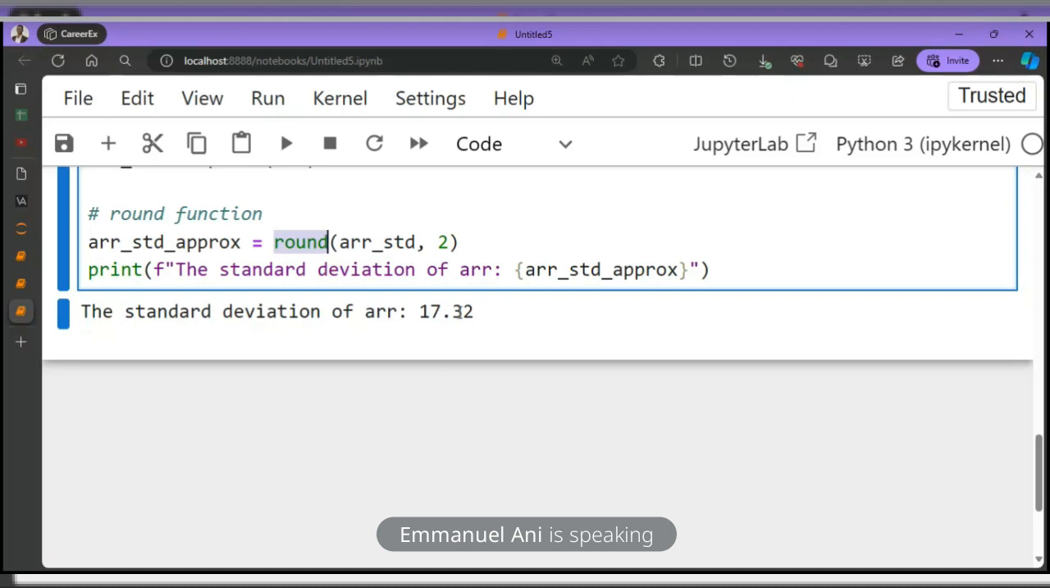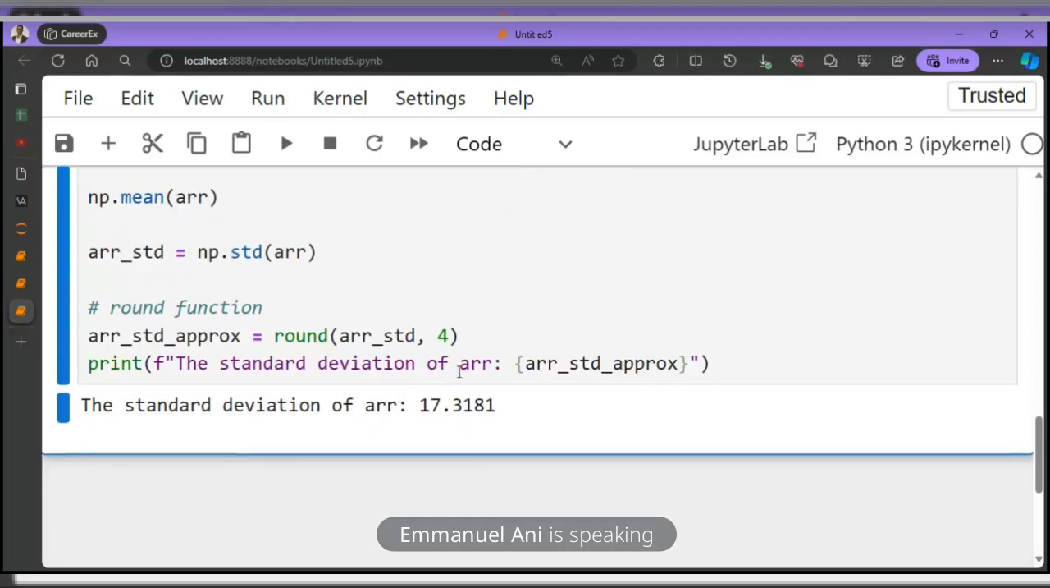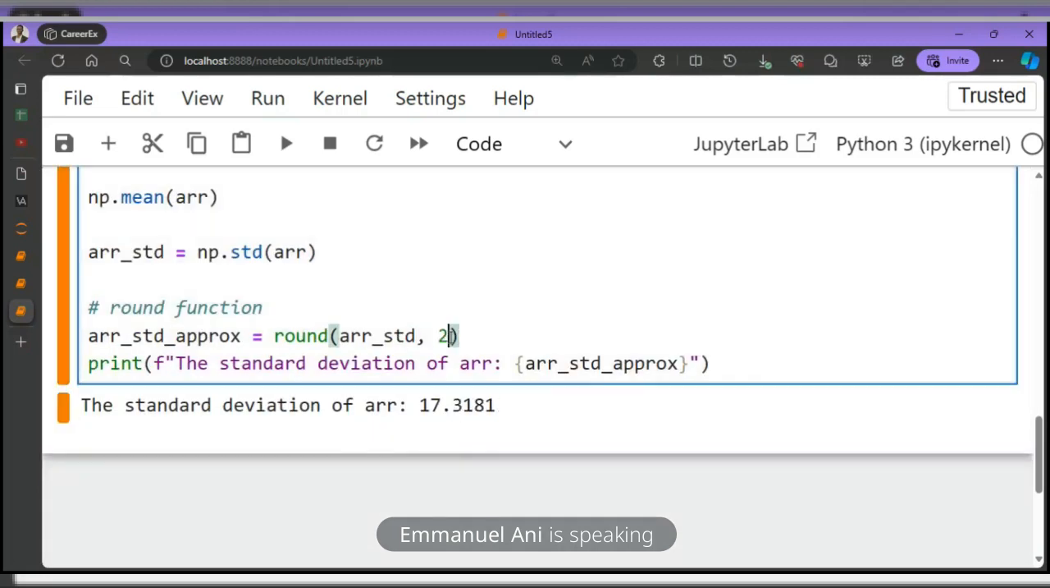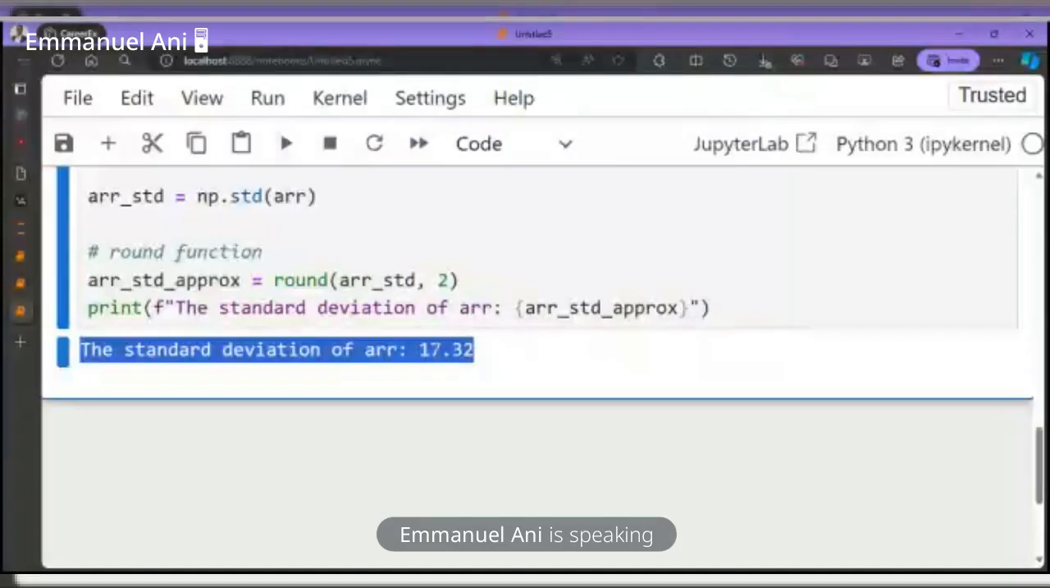You can see that it approximated it. It was 318, so it approximated it to 2. If I change this to 1, it's going to give just one value. If I change it to 4 decimal places, it's going to give me 4 values after the decimal. That is a very good way to approximate your numbers. So yes, I was talking about standard deviation. Now the standard deviation of our array is